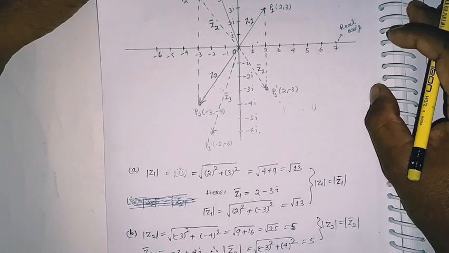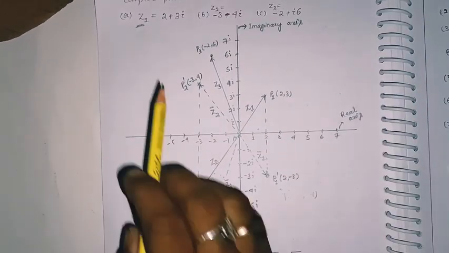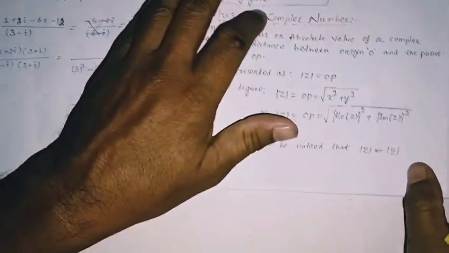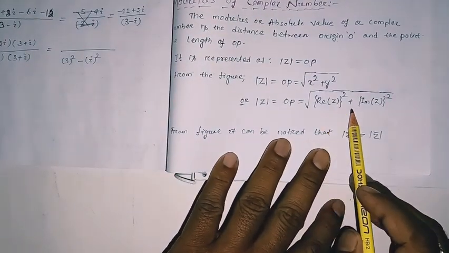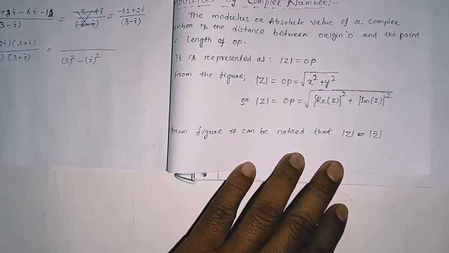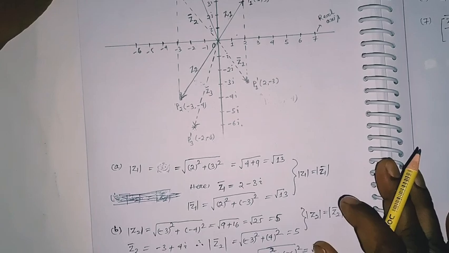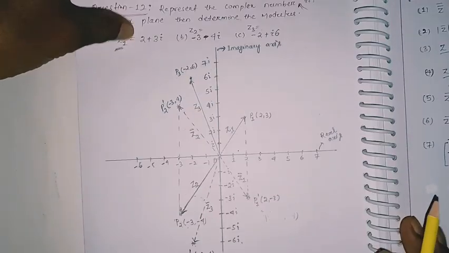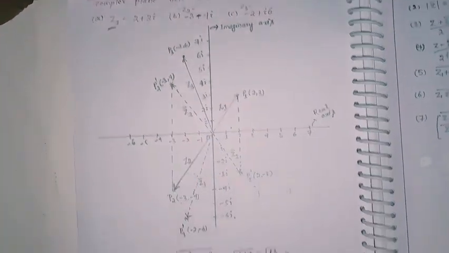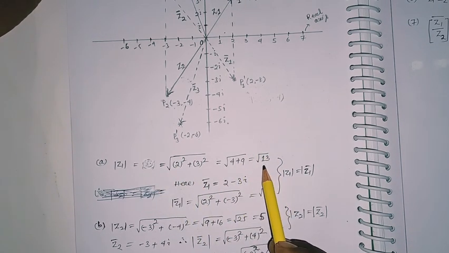Now we are going to go for the modulus of the given complex numbers. Here you can see Z1 is 2 plus 3i. Just before we discuss that, the modulus is nothing but the square root of real part square plus imaginary part square, and the value will be exactly the same as the modulus of its corresponding complex conjugate. So the modulus of Z1 will be how much? The square root of 2 square plus 3 square, that is root of 4 plus 9,